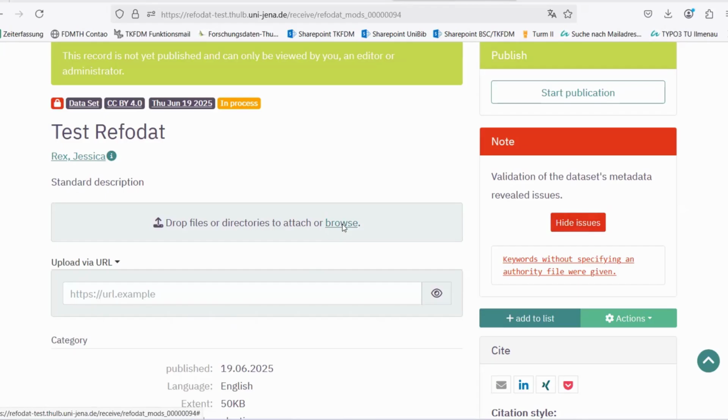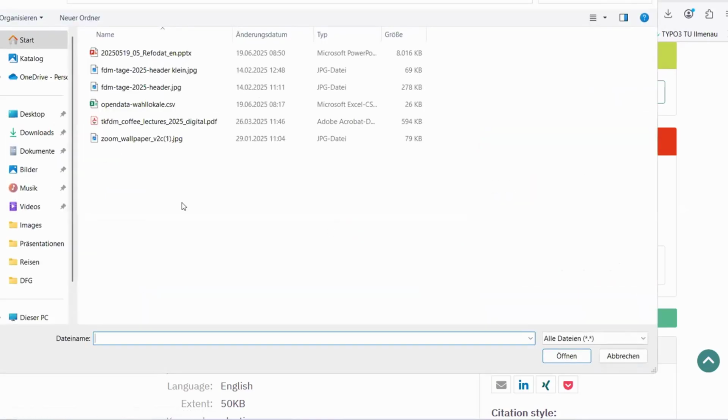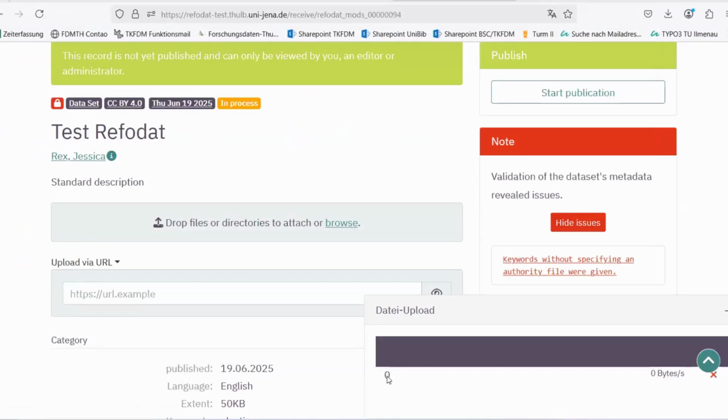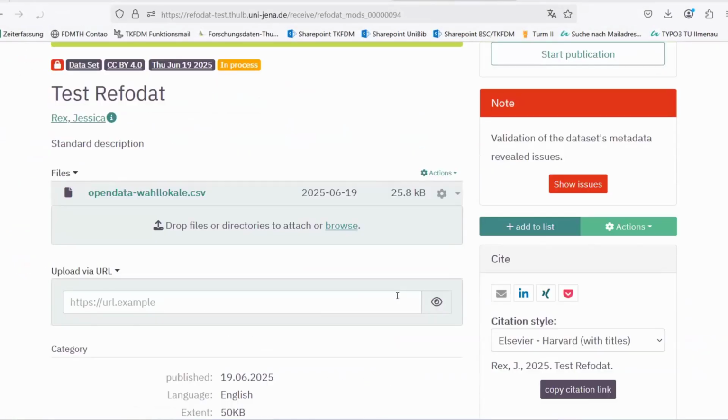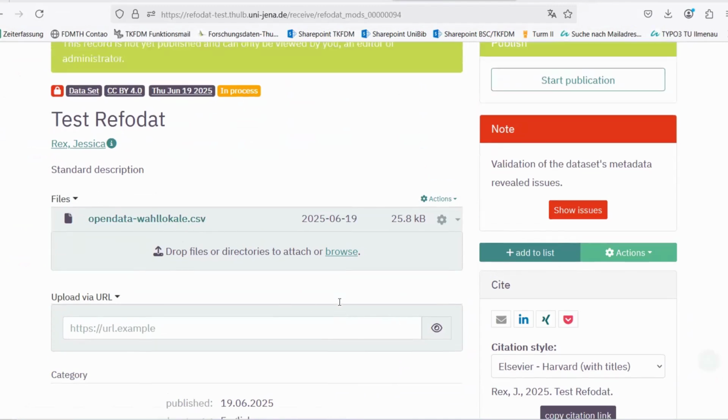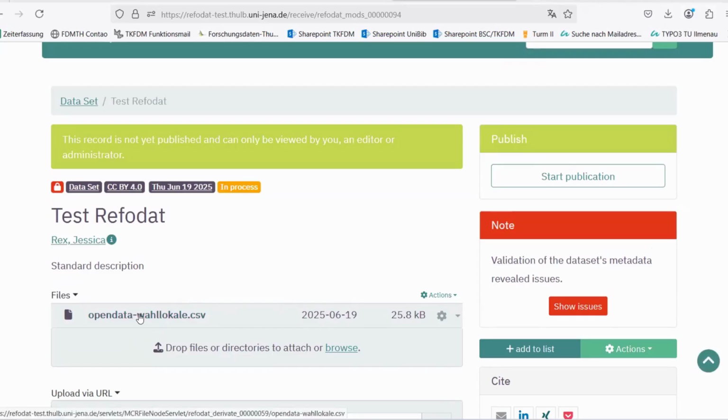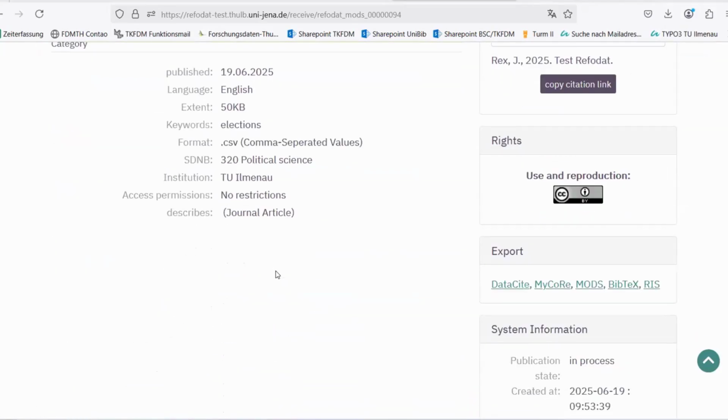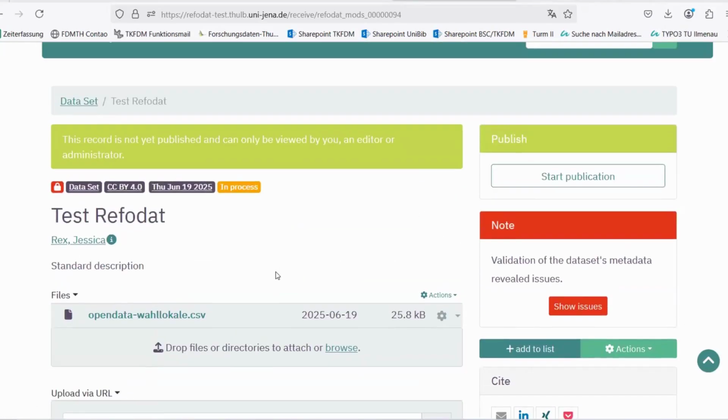What we're going to do is we're going to browse though and upload our CSV files. There we go. As I said, this is just some data from the EU elections. And then we've got our data uploaded to our record right here. Now, as soon as we've done that,